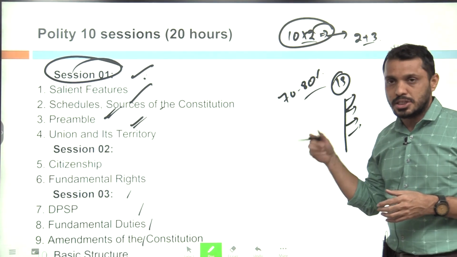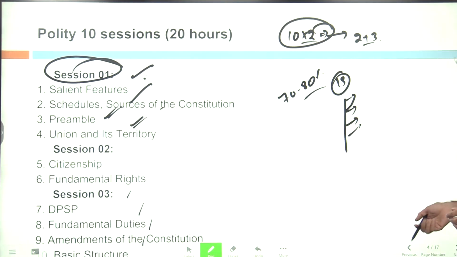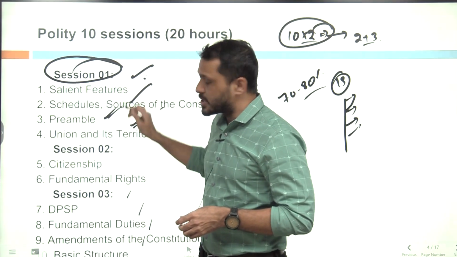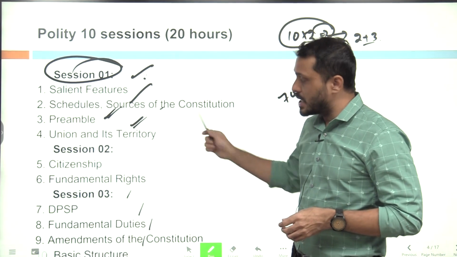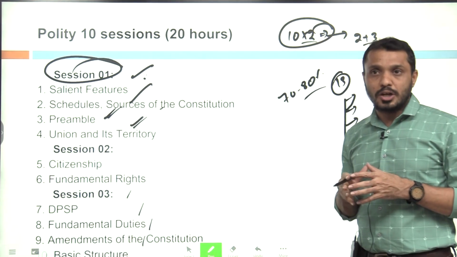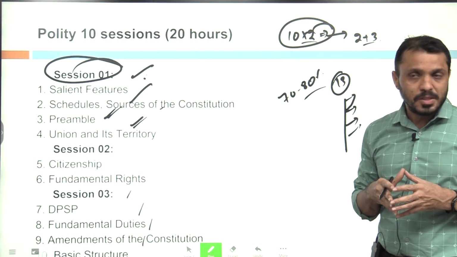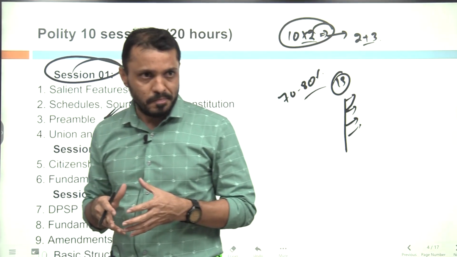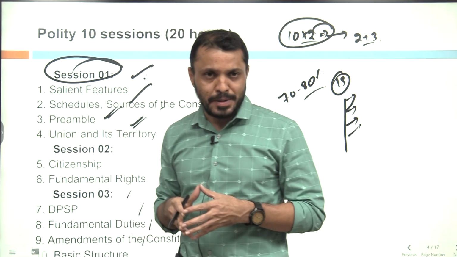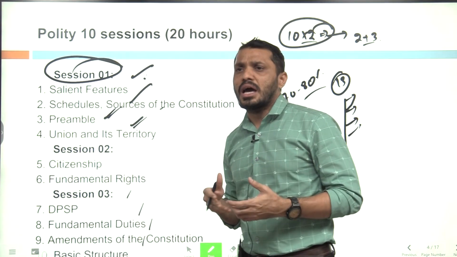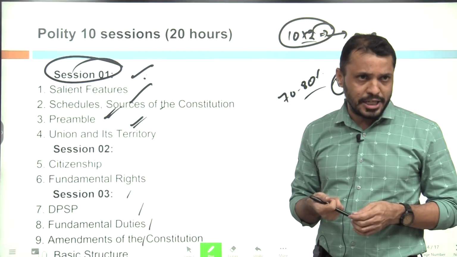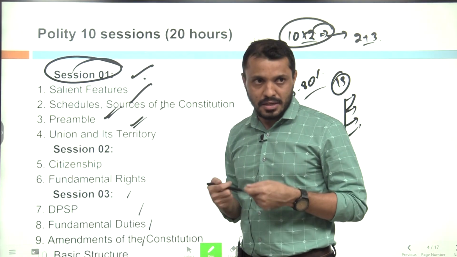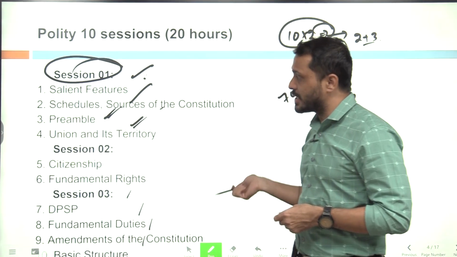Okay, we will discuss that while we follow the previous year questions. So without any further delay, first we will discuss the salient features, then we will follow with the rest of the subjects. Once a particular topic is done, we will move on. Today, as this is the first class, I'll try to go a little bit slow and explain in detail. Once you are habituated to my teaching flow and method, you can grasp things very quickly.